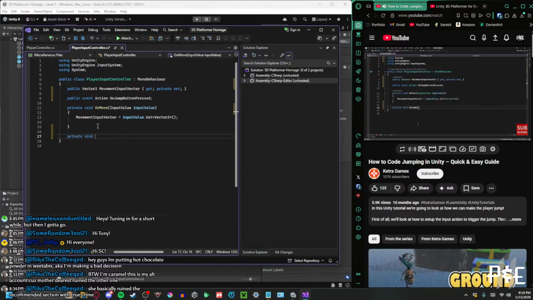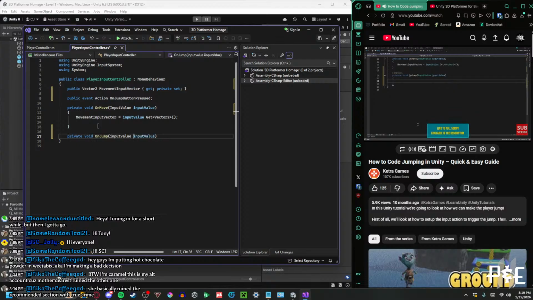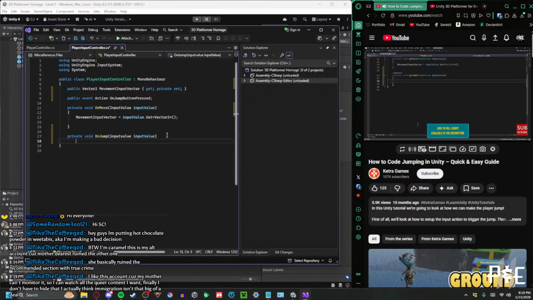To receive the value of the input, we need to add a parameter of type input value. Inside the method, we want to check if the button has been pressed rather than released. We can do this by checking the isPressed property of the input value. If it has been pressed, we'll